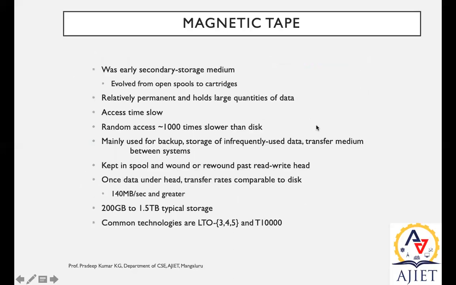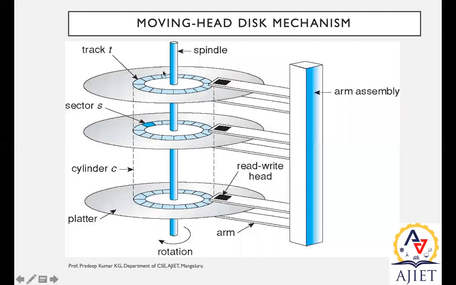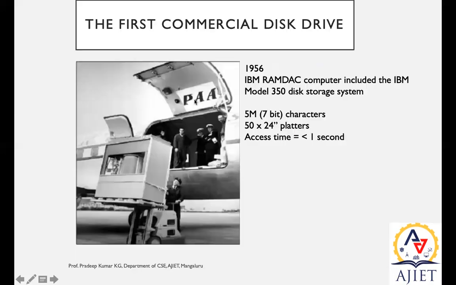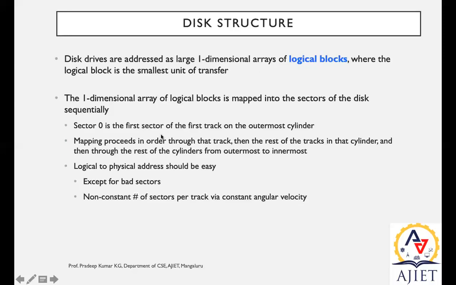Coming back to the previous setup here, follow my cursor please. This is one sector, and this particular sector is innermost. Similarly, this is one track in the innermost corner, then next outer another track, another, and so on. Whatever sector we have in the outermost cylinder at the beginning will be treated as the zeroth sector, the first sector of the first track. Then we map it for each logical block. Each sector is mapped with each logical block.